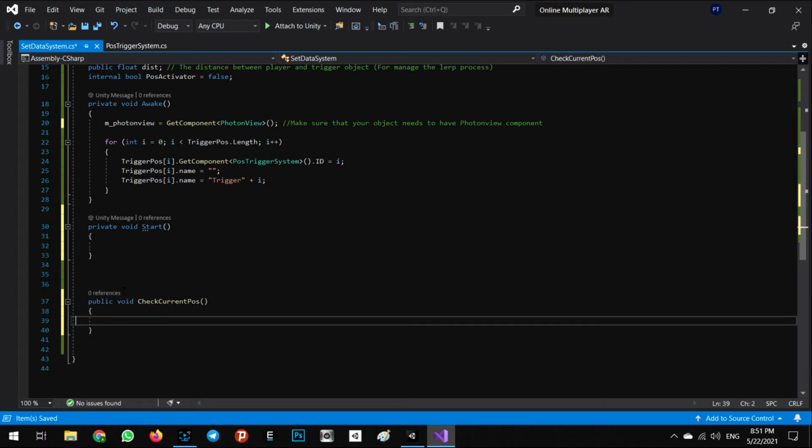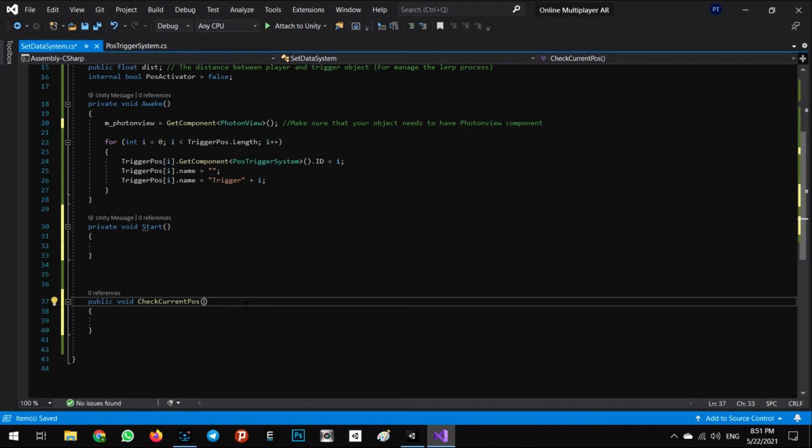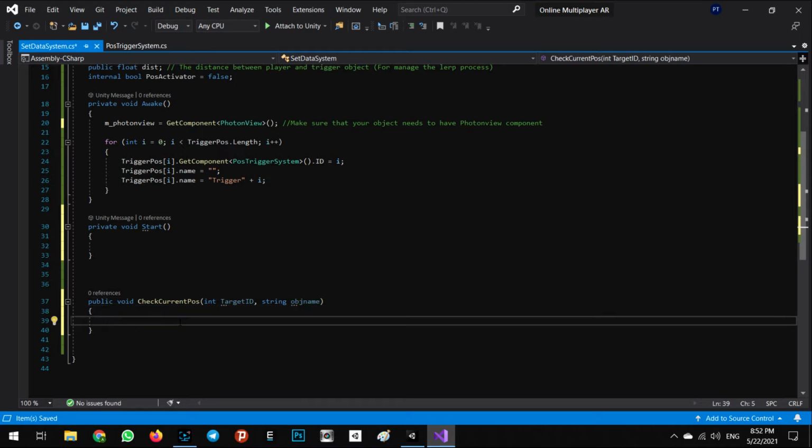and in here we need to have two different variables. First, an integer variable for target ID, where am I exactly. It is the ID of that trigger position, and also the next one is string for obj name, for that object we talk about, which player exactly. And also in here we say okay,